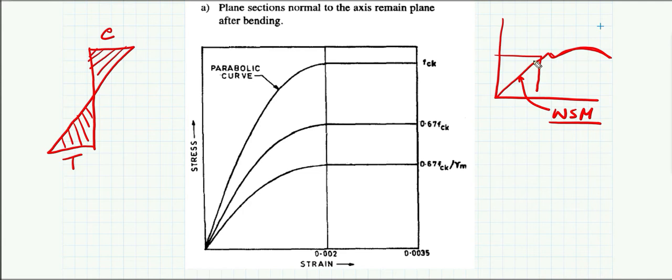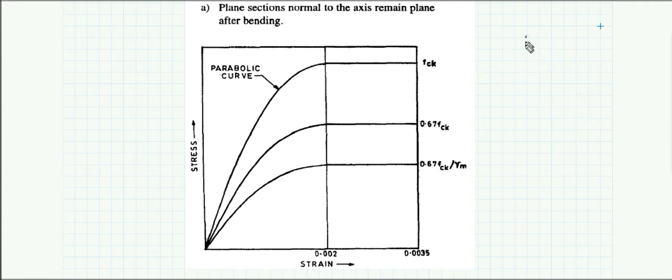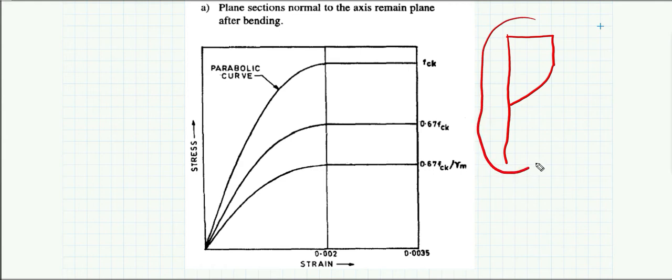So that is why here you can see that the stress diagram that you are considering for this limit state is not triangular, it is not linear. The shape of the stress distribution diagram is something like a combination of a rectangle as well as a parabola. Now, how can we observe this kind of shape in a beam? Suppose you have a beam.